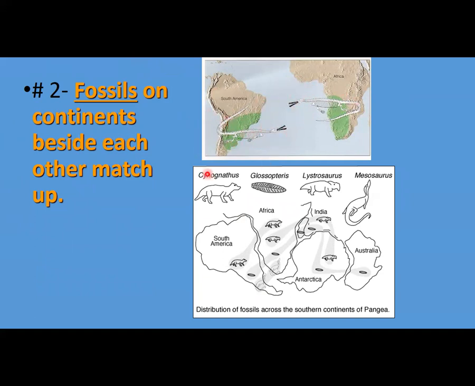Again, Wegener was looking at the continents, and when he put these two back together, again, you can see how this kind of fits right in here. When you put these back together, all of a sudden these bands of fossils are not separated by great oceans. They're all existing in one spot. And then the idea is that the continents split and took the fossils with them.